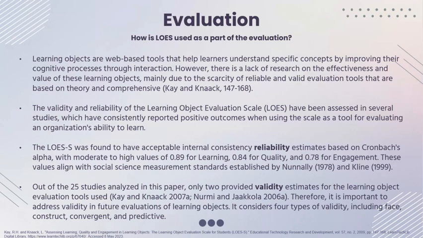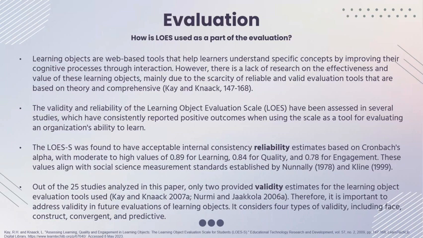These values align with social science measurement standards established by Nunnally and Klein. And the next part is about the validity. As you can see here, out of the 25 studies analyzed in the paper of Kay and Knaack, only 2 provided validity estimates